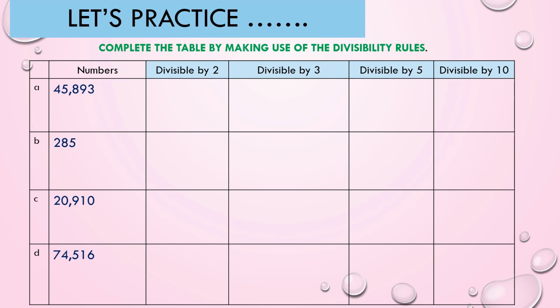3 के लिए क्या करना होगा? सारे डिजिट्स को ऐड करके सम चेक करेंगे. अगर सम 3 का मल्टीपल होगा इसका मतलब है दैट नंबर इज डिविजिबल बाय 3. 5 के लिए आप एक ही ग्लैंस में बता सकते हैं by looking at the digit at units place. If it is 5 or 0, it means that number is divisible by 5. And for the divisibility test of 10, you will again look at the last digit. If it is 0, then that number is absolutely divisible by 10. If not, then it is not. Now let's start with the first one,